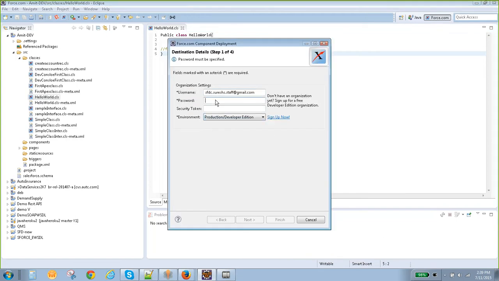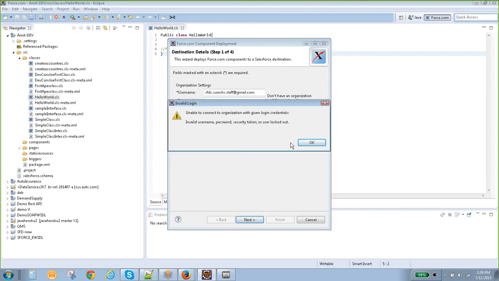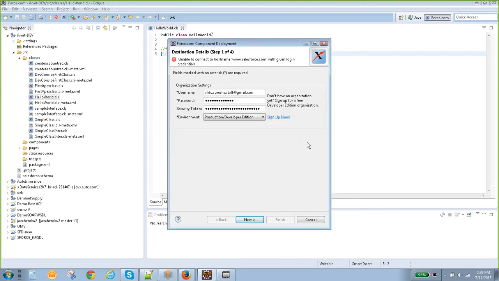In deploying, this is the big headache. It keeps on asking for the login credentials. Got it, right? How to deploy? Just right click.